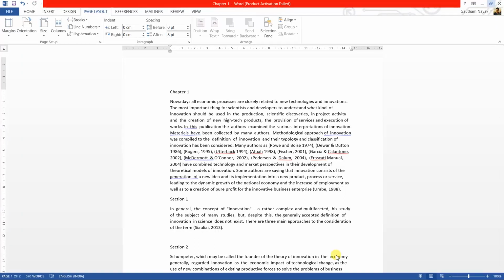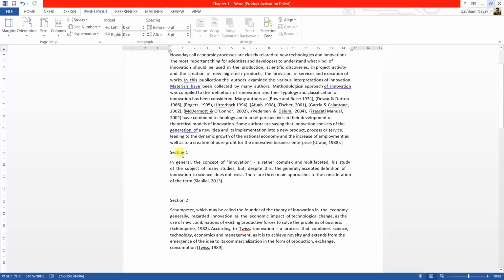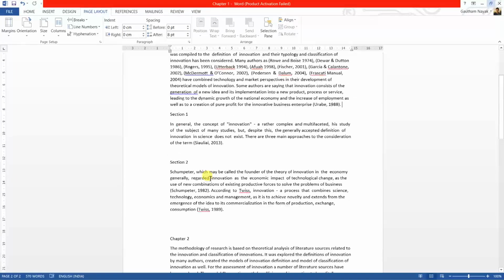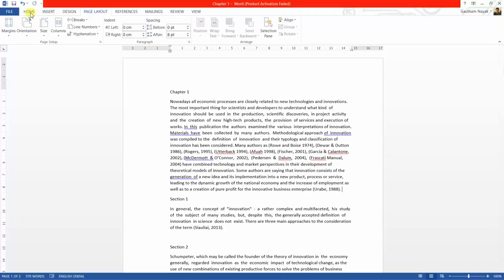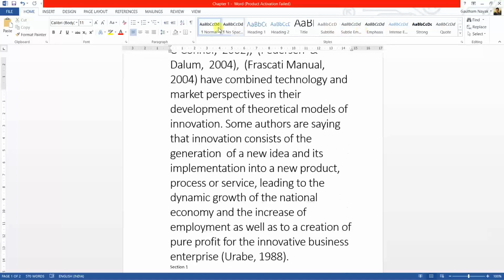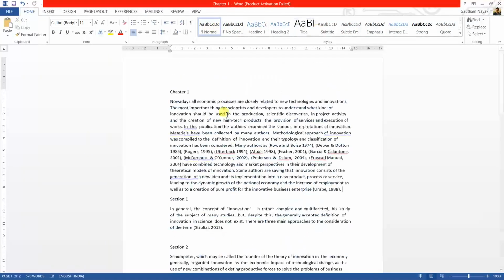Okay, next we will move on to formatting the chapter headings and body content, which also includes the formatting of subsections. When you open Word, in the default case it is highlighted as normal in the formatting panel over here.